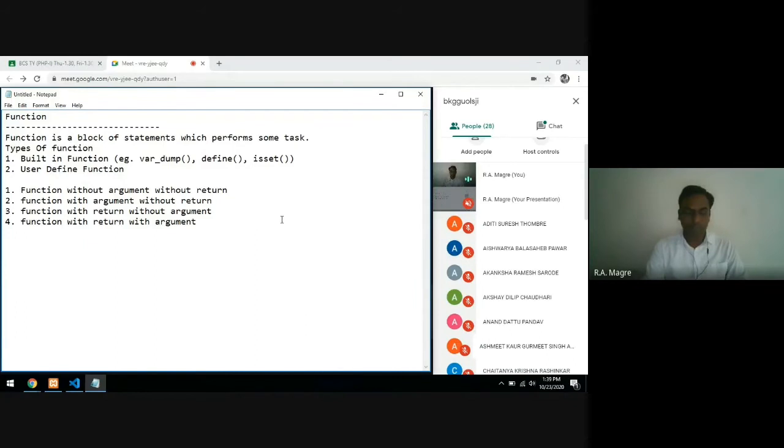And in PHP, a function is specified by two steps. You can say the two steps. One is function definition, we have to define the function, and second is function calling.